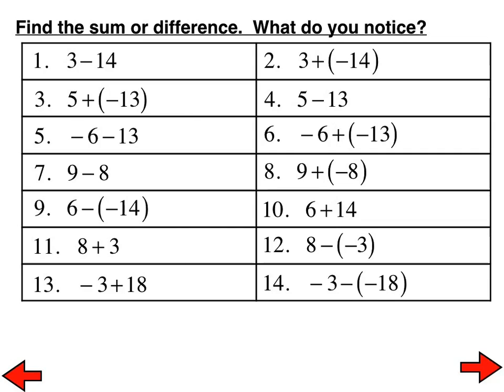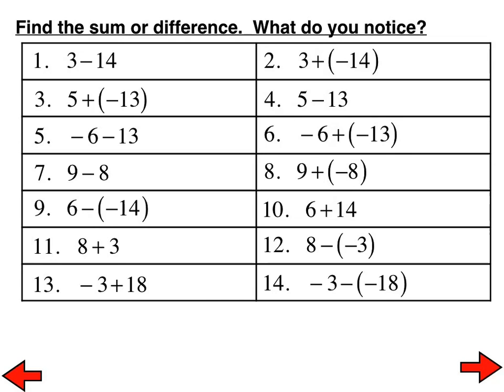Okay, quick conversation with your shoulder partner. What do you notice about what you see in these 14 problems? Go. And obviously, 1 and 2 have the same answer. 3 and 4 have the same answer. 5 and 6 have the same answer, or they should have. And the reason is because of the relationship between number 1 and number 2, or the relationship between number 3 and number 4, and so on. And it all comes from what you see right below that in your notes.